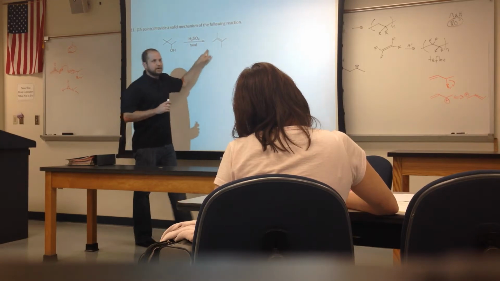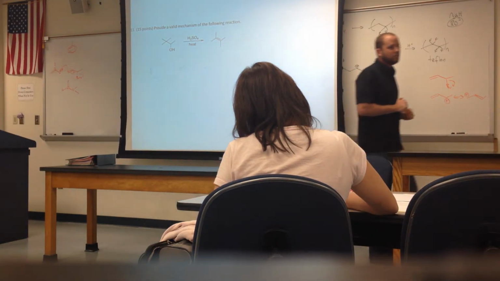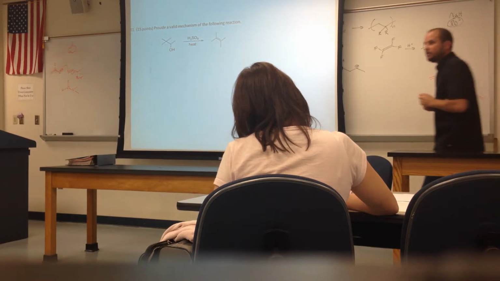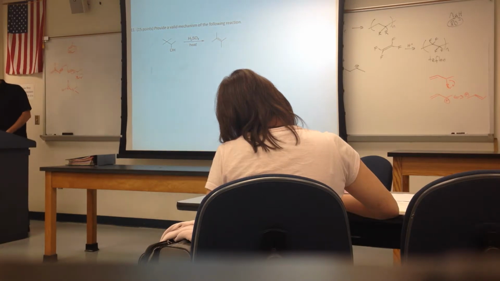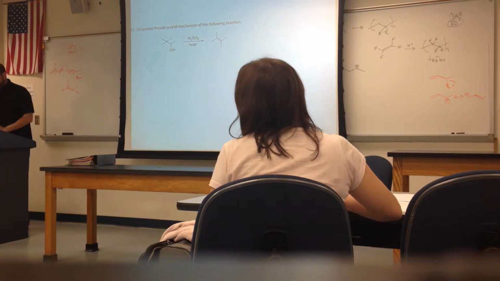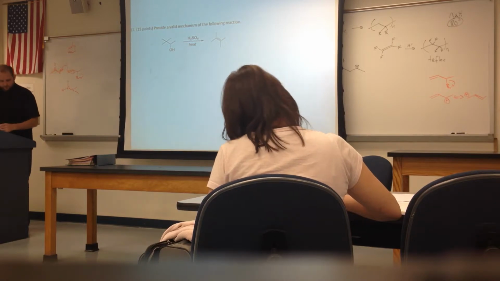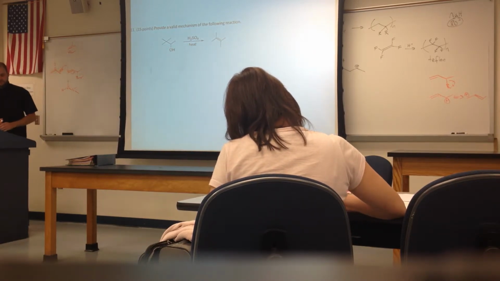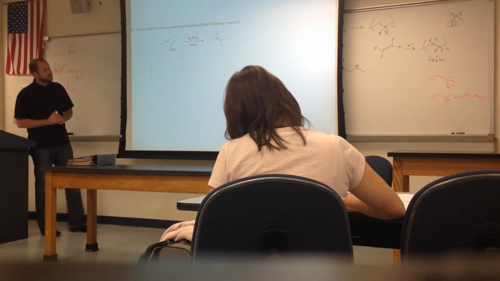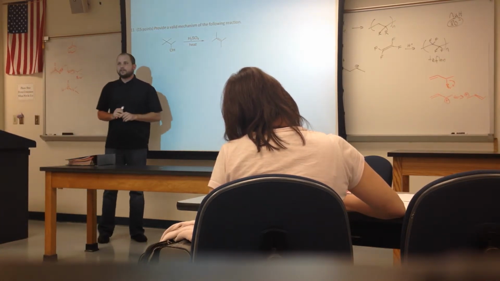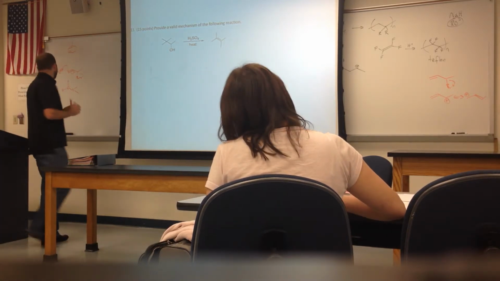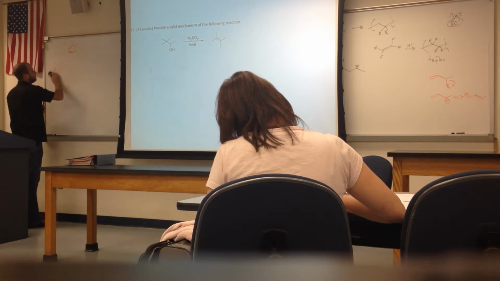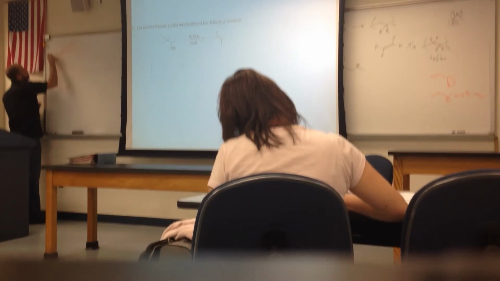Anytime there's an acid present, what is always 100% step 1? Protonation. So we're going to protonate first. I'll put the mechanism up in a second. The reason we need to protonate first is to turn that bad leaving group into a good leaving group. Once it's a good leaving group, it's going to leave, and we generate a carbocation. Carbocations rearrange, and once it rearranges, then it's going to eliminate to form the more substituted double bond. So, mechanistically,